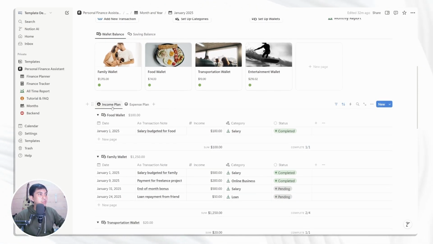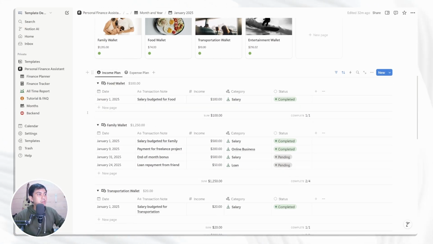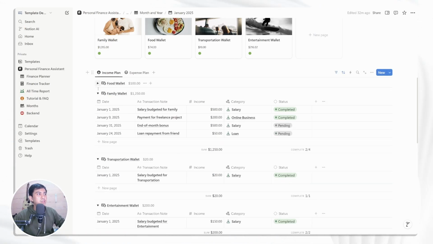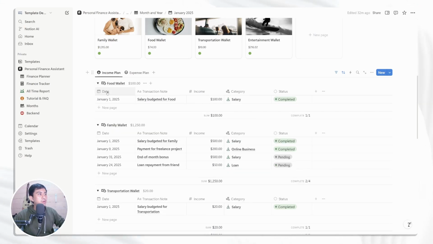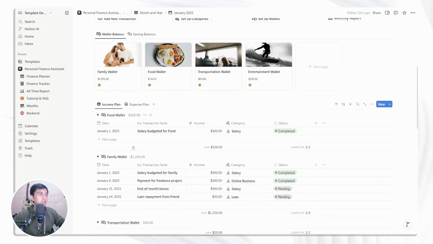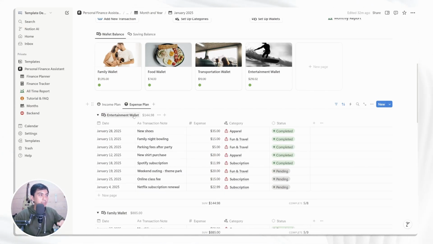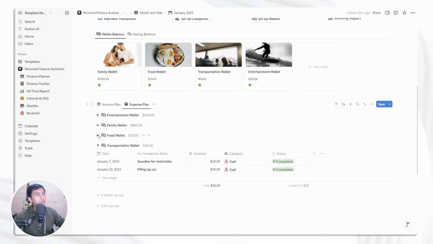And I also want to introduce the income and expense concept in this Notion template. You will see that this table is separately designed based on wallets. Let's say you want to add a new income for the family wallet, a new budget, then this is where you add the new income. You are going to see a lot of wallets and savings here, where you can get creative with each of them. And for the expenses, it's also the same. You will see all of the expenses, and you can plan everything based on the wallets here.